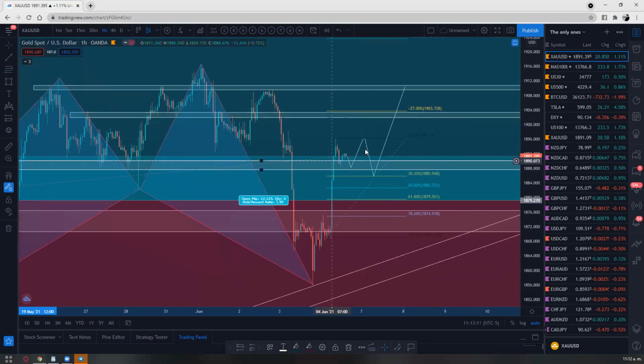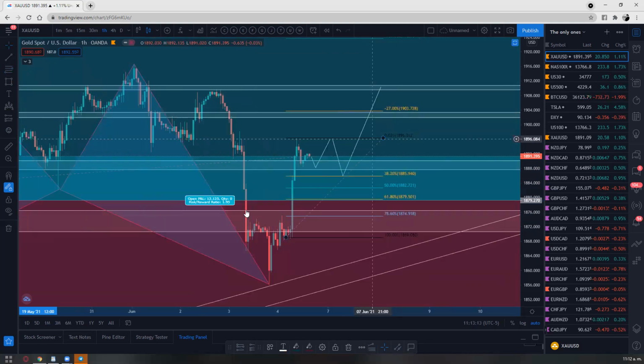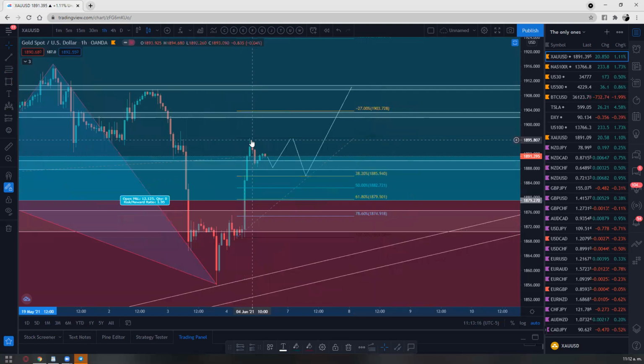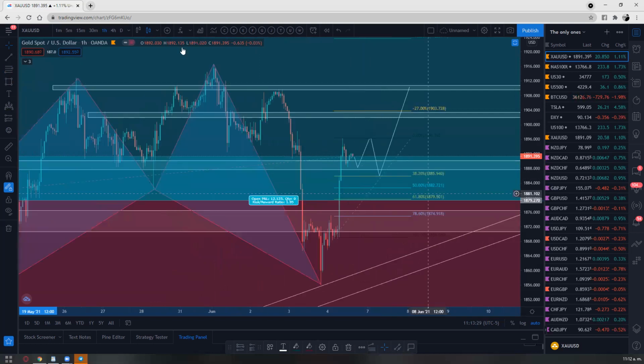It will consolidate, but like I mentioned, after this big push, because of the news, it needs to do a pullback. It needs to do a pullback. I'm pretty sure at least one little week will barely touch the 38.20 to actually continue pushing up. That's what I expect for gold.